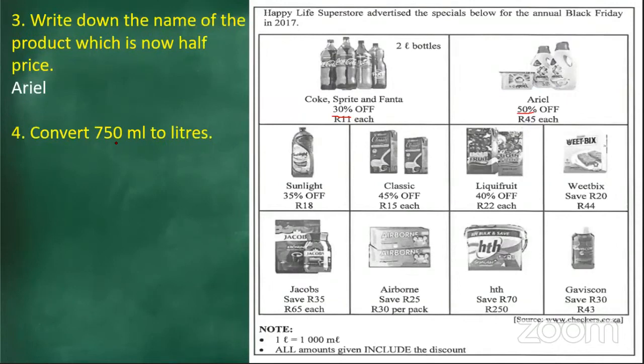750 milliliters to liters. Unfortunately for us, we are given that. If you have forgotten, you are lucky enough: they tell you 1 liter is equal to 1,000 milliliters. So to move from liters to milliliters,